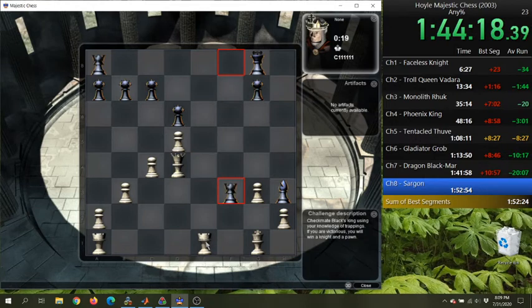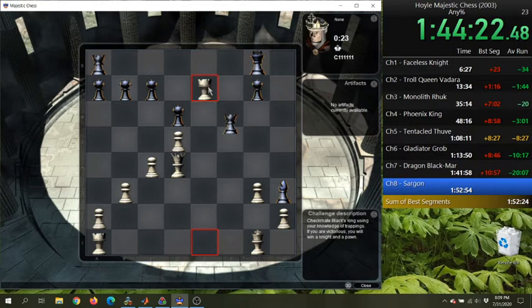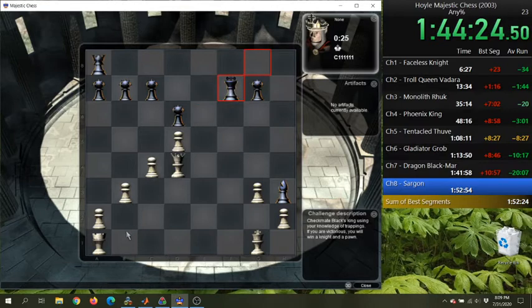A pawn, but I'm like a queen against a rook or something. So I'm happy to trade. Bishop is still there.